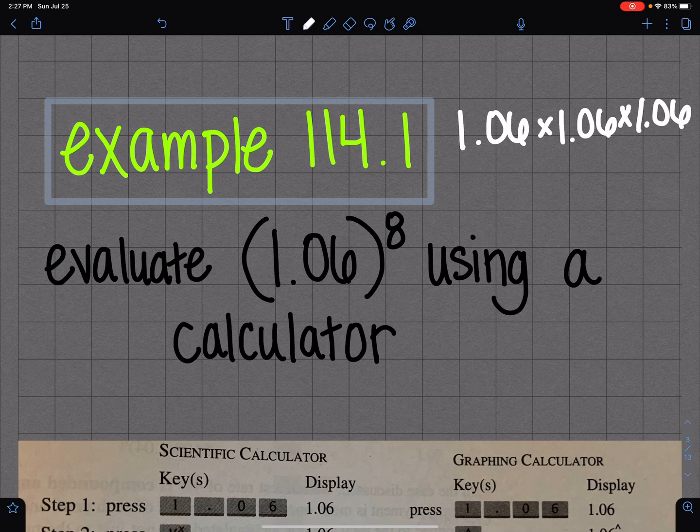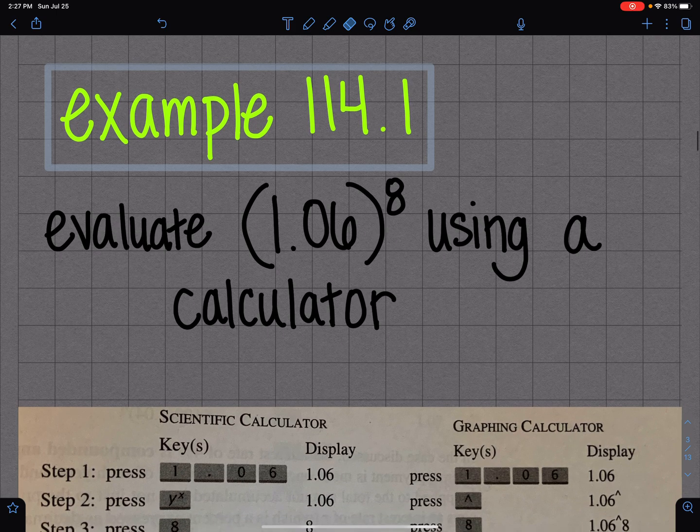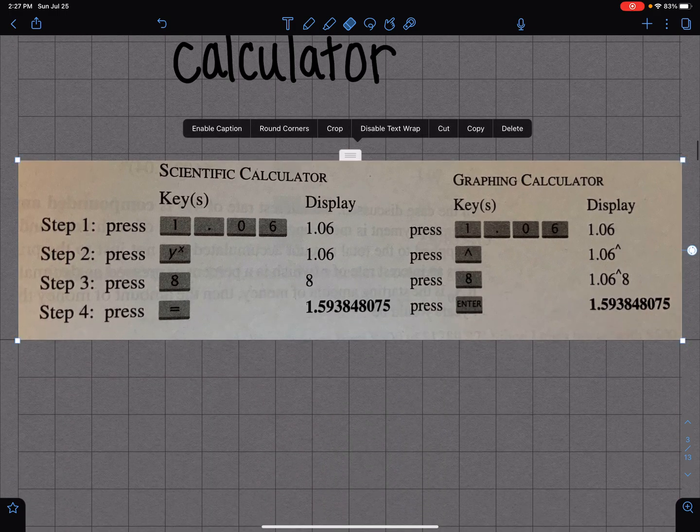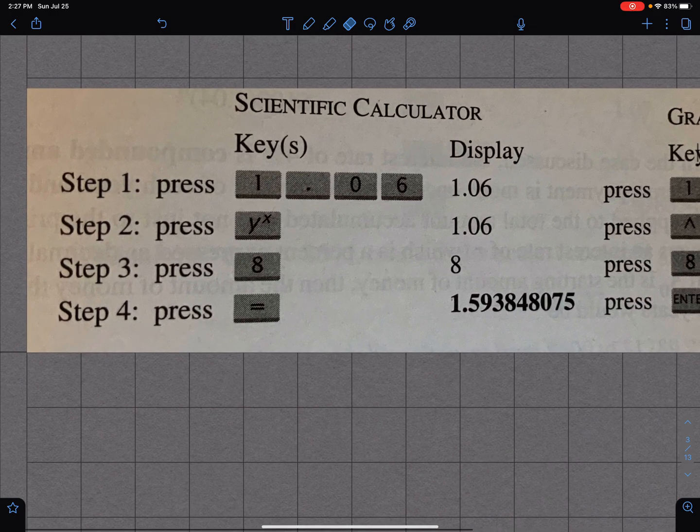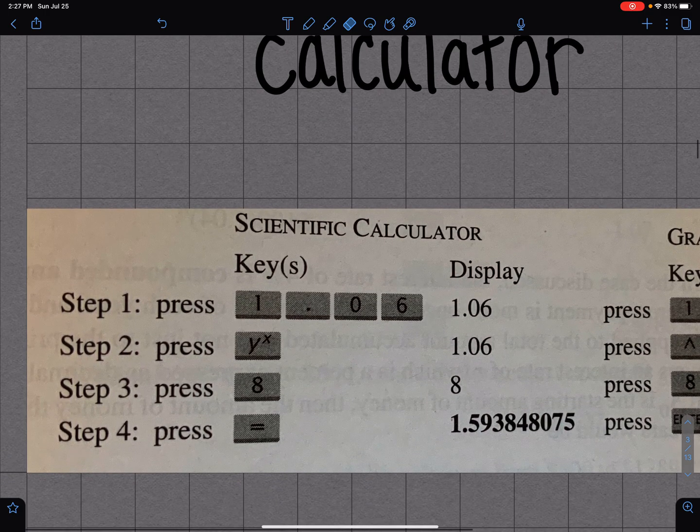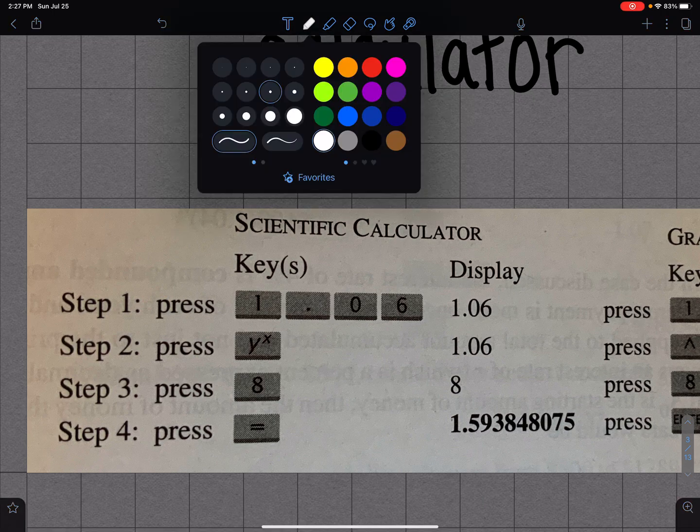So you could do that, but obviously that is the long way, so you want to be able to do it on a calculator. So let's go through those steps again. If you have a scientific calculator, turn your phone to the side, see if you've got all of these keys, okay? And again, the problem is, I'm going to write it down so I can see it,